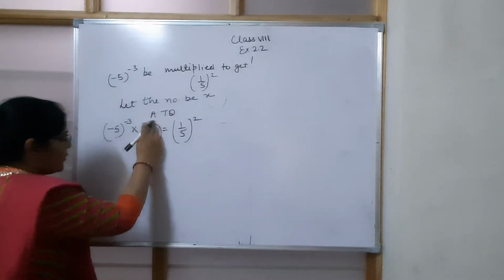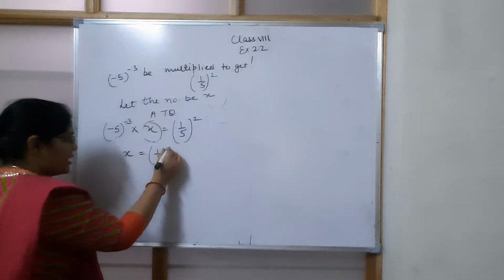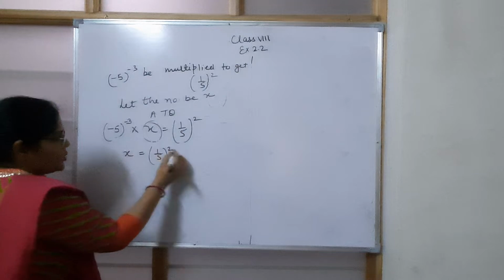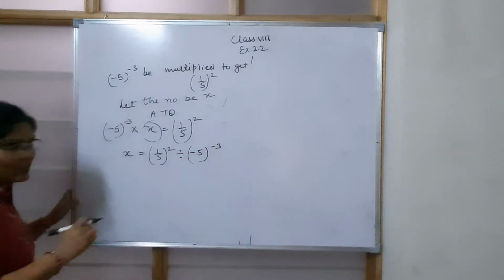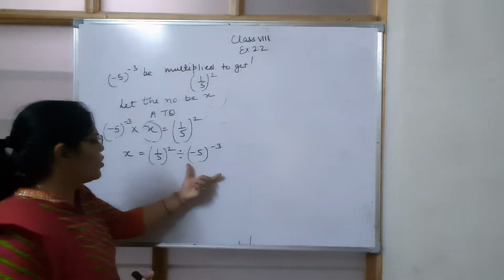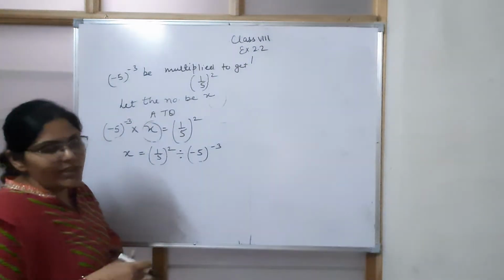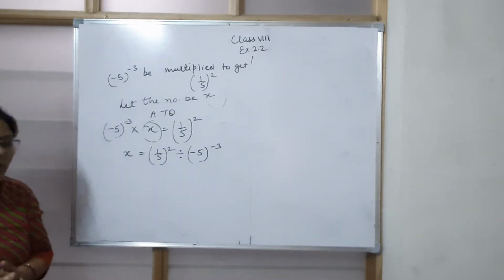So we just need to find the value of x. So x we are keeping here. This is also on the right hand side, we will keep it like that. This is in multiplication, so it will go in division. Now we have a problem. What is the problem? We don't have the same bases. If you wish to solve it like that only, you can do that. But as we are studying laws of exponents here, so we should apply laws of exponent.